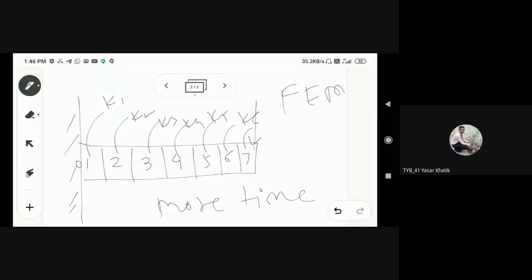If you increase the element number, you will require more time. In this way you get better accuracy, but you have to wait for the computational time, and you will get a better result.